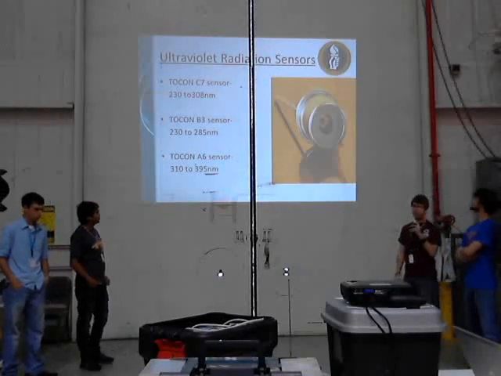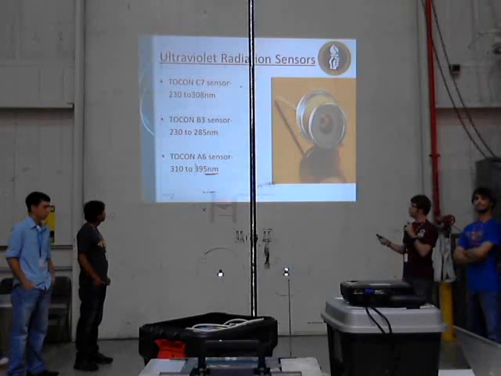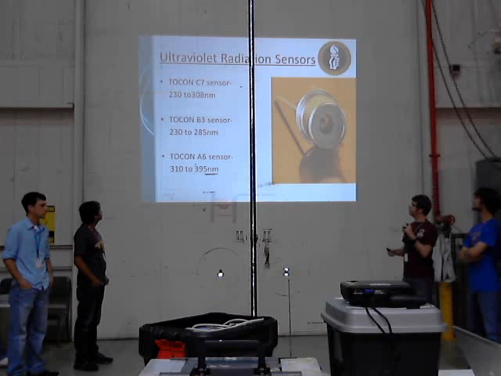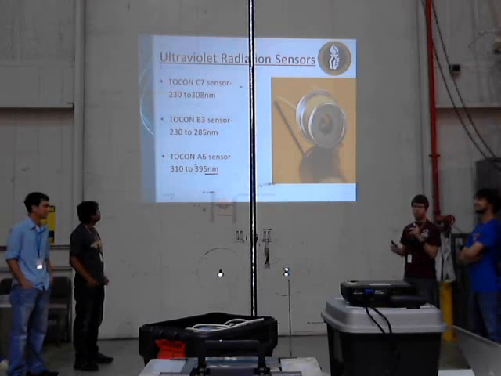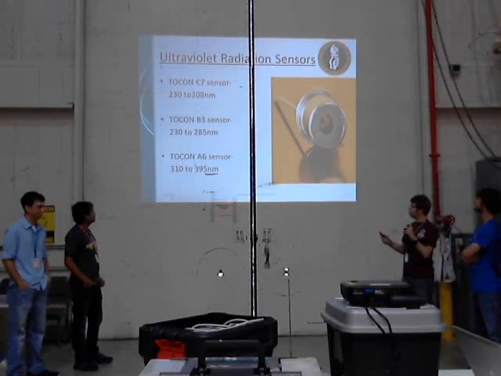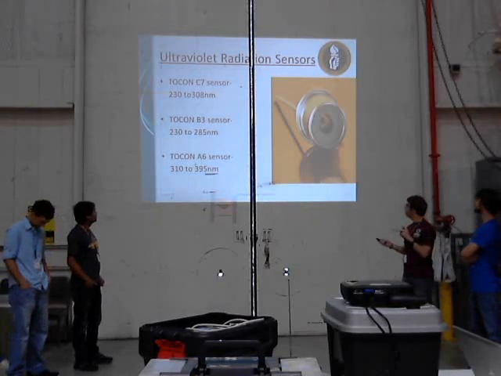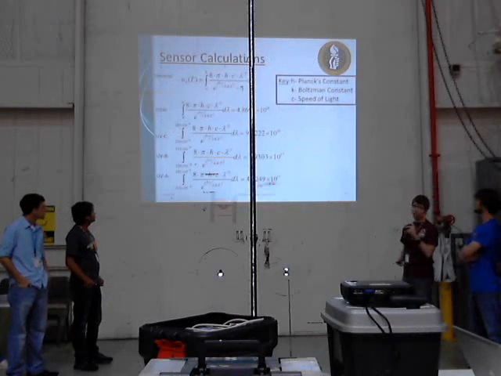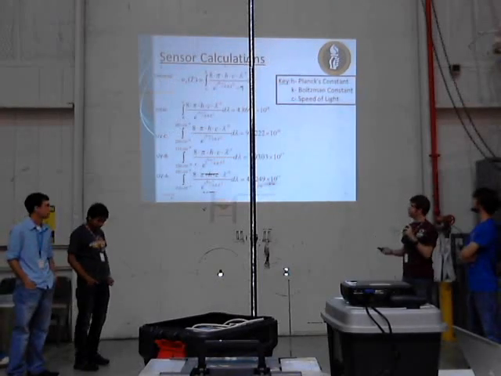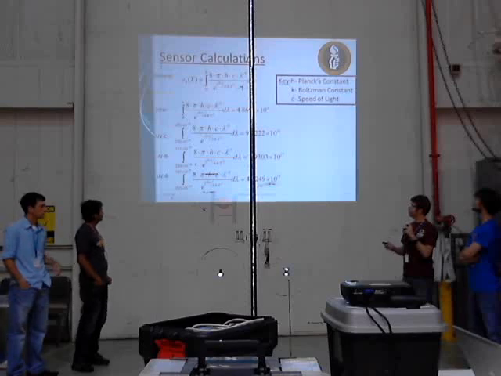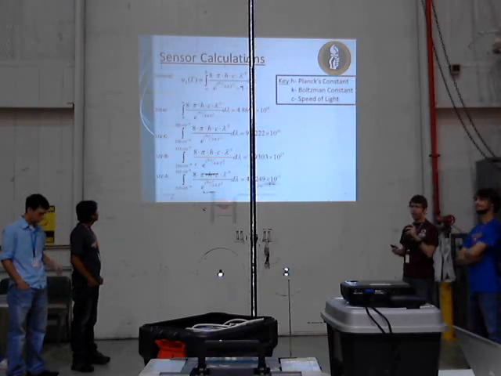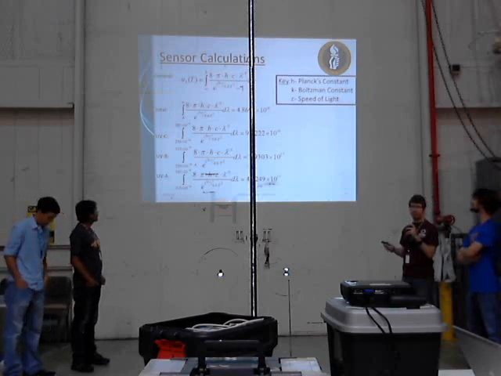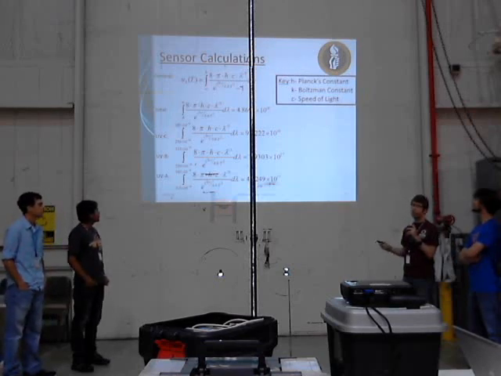These are the ultraviolet radiation sensors. We have UVC, UVB, and UVA. The UVC measures all of the UVC nanometers for the wavelength. UVB measures UVB and a part of UVC, and UVA measures all that's required. These are the calculations to select these sensors. This is the spectral energy density function that we use to make sure that the sensors we chose match the maximum irradiance that we're going to experience from the sun.